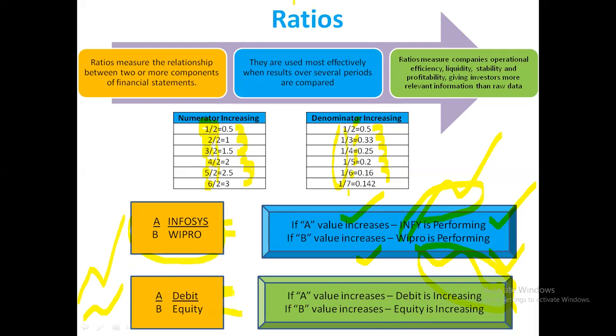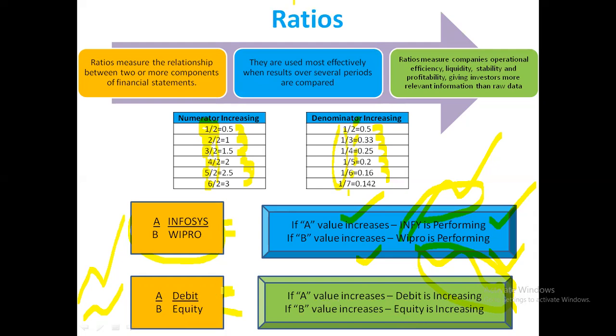Equity remains the same. That means the company is taking more loans, or more debts, at that level. If equity starts increasing and debt remains the same, what does that mean? The company is able to perform better than the debt. That means they have a lesser loan and their equities are working much better. Like that, debt and equity also will be analyzed.